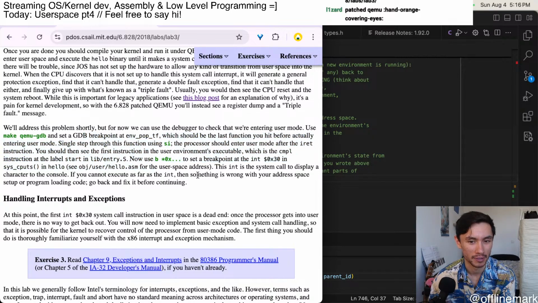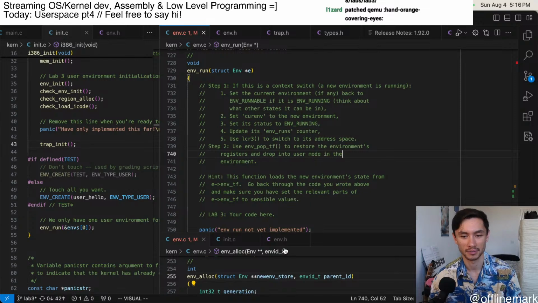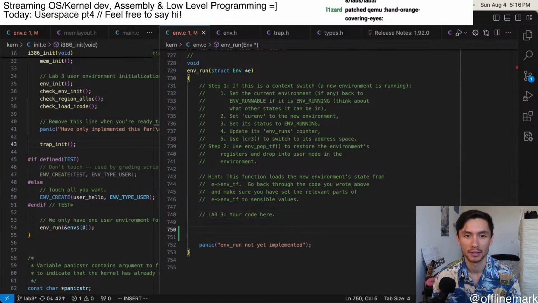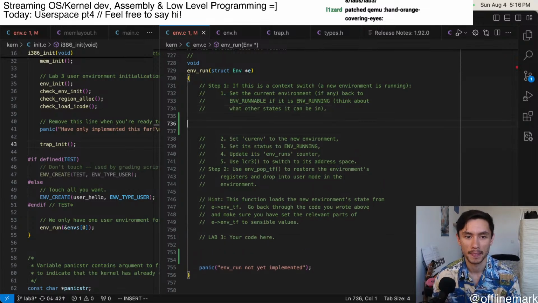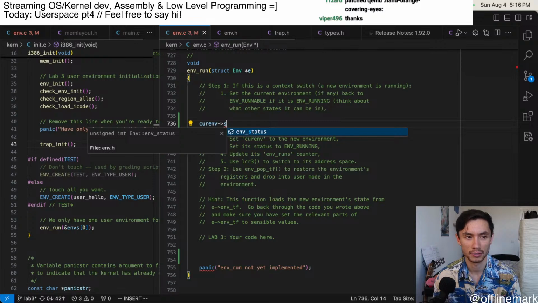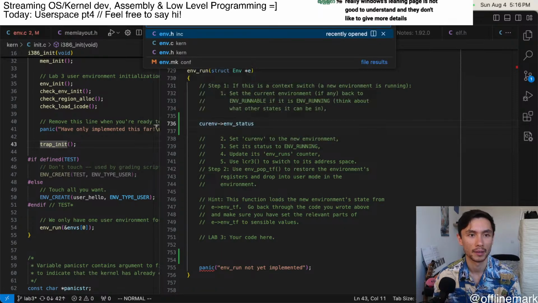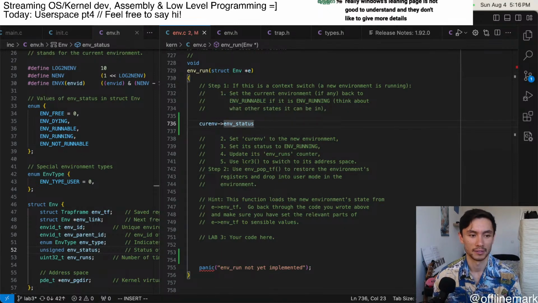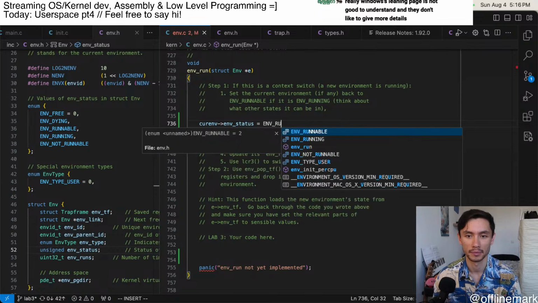So I should totally be able to do this part. All right, let me just try to write this code. What's it saying? So I need to set the current. Maybe I'll just do stuff inline. Current environment, current status. Wait, I kind of forgot it. It is a status, right? Oh, env status is just an unsigned int. Okay. Env status equals env runnable